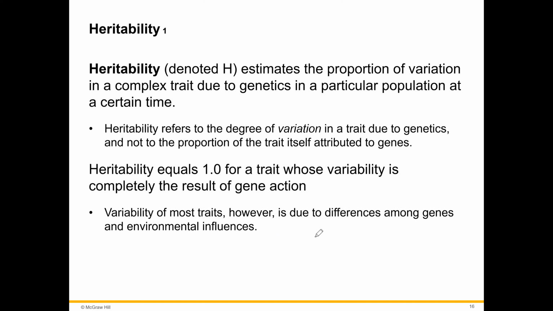Some will be short, some will be tall. So this is variability. And if all these 100 people lived in exactly the same environment, right, then the heritability will equal 1. So if we take 100 people and they will be living in absolutely the same environment from the day they were born,